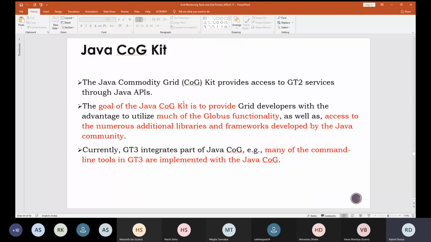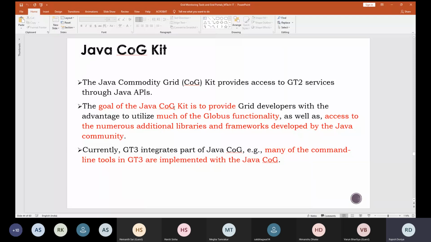If you talk about the goal, then the goal of the Java COG kit is to provide grid developers with the advantage to utilize much of the Globus functionality. So it provides a number of functionalities and services, and access to all of them can be facilitated by the Java commodity grid.